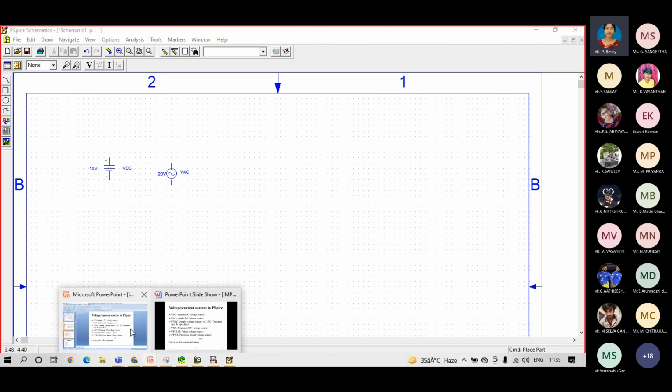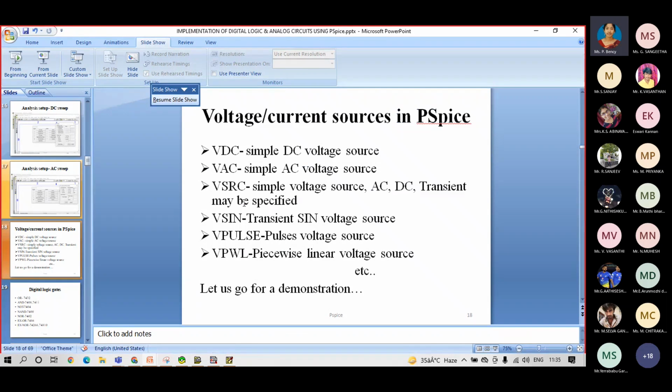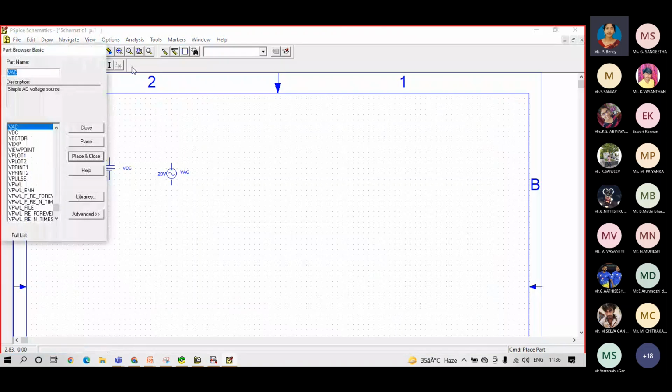So next one is VSRC. VSRC means simple voltage source, that is AC, DC, transient may be specified. So VSRC means simple voltage source. So we'll search in this get new part. So here you need to type